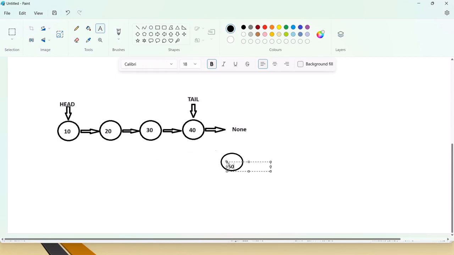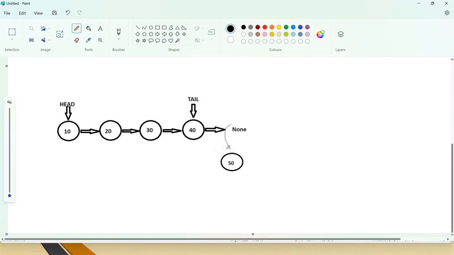Let's say the element is 50, and we want to append it at the end of the linked list, meaning this next place, correct? For adding it here, we need to have the last node, this new node, pointed to by the tail. Tail should be pointed to this one, and then it should point to None,